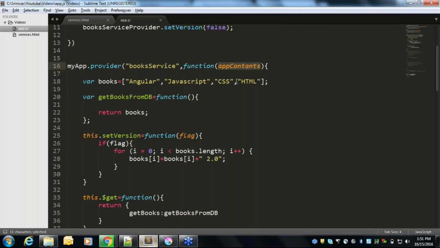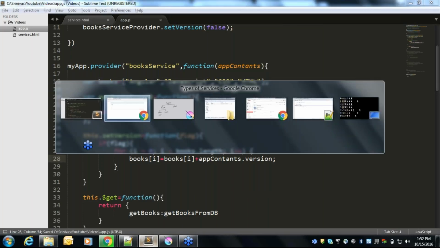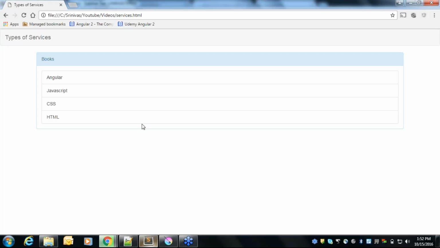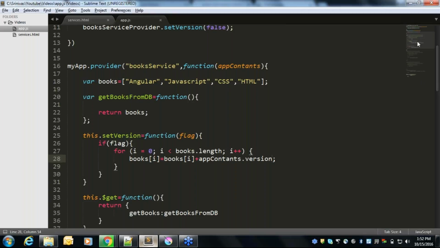So then what's the use of this constant? So the main use of constant service is to inject in a provider function. So now let's make this application a little dynamic. So instead of hard coding the version, we will get the version from our constant service. So now if we run our application,